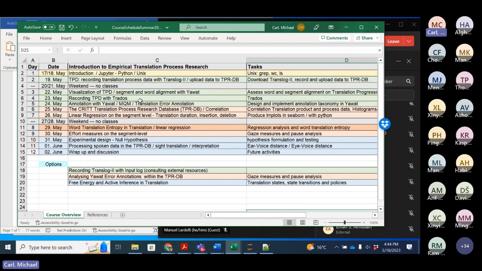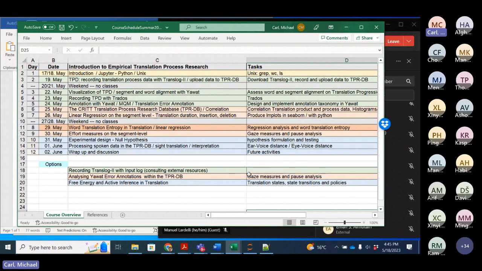And then Trados has something called Qualitivity, which is a plugin to record the keystrokes in Trados. So we can get the keystrokes that are produced by translators when working with Trados. And these keystrokes, or these log files, can then be converted so as to become compatible with the Translog format and this TPR-DB.